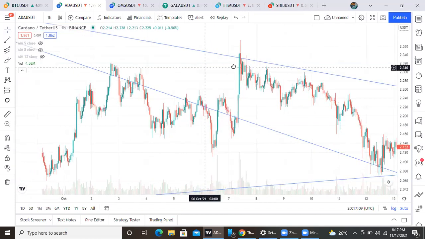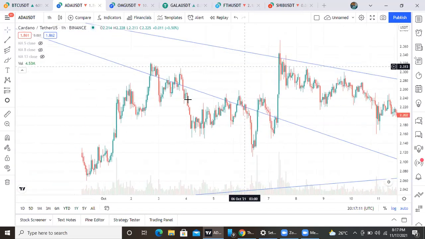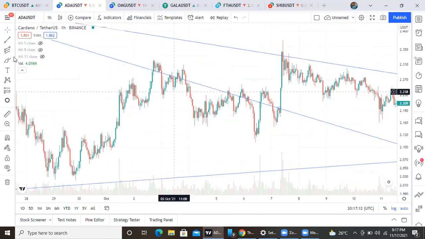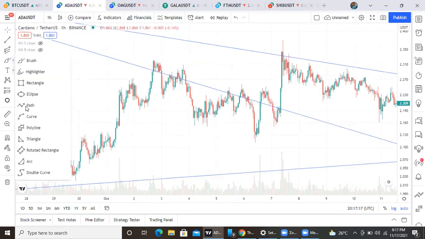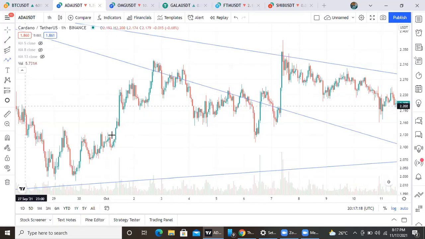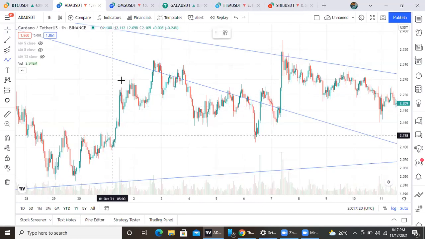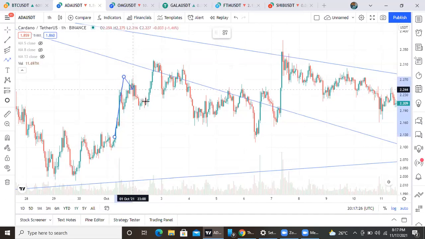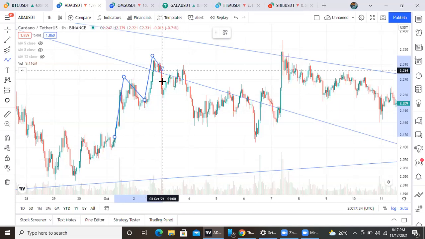Okay, I think I found one. This is an example of a head and shoulders. Let me draw it so you can see clearly. The market was going up. Here, it formed the left shoulder. It formed the head. Now it has formed the right shoulder